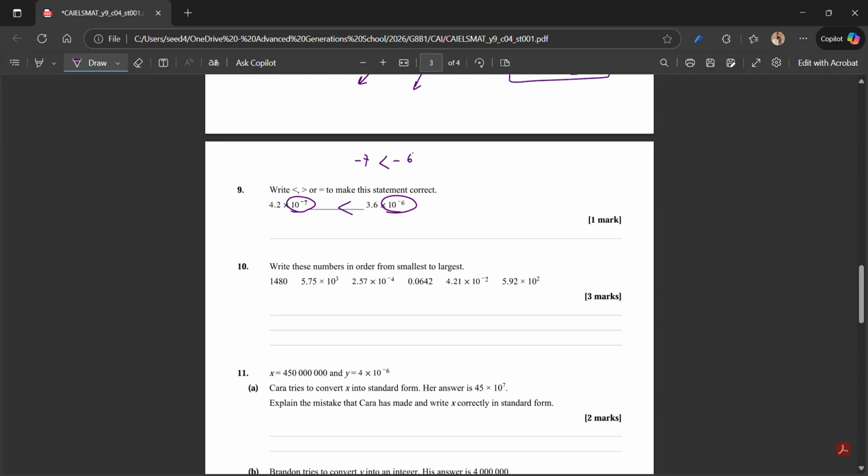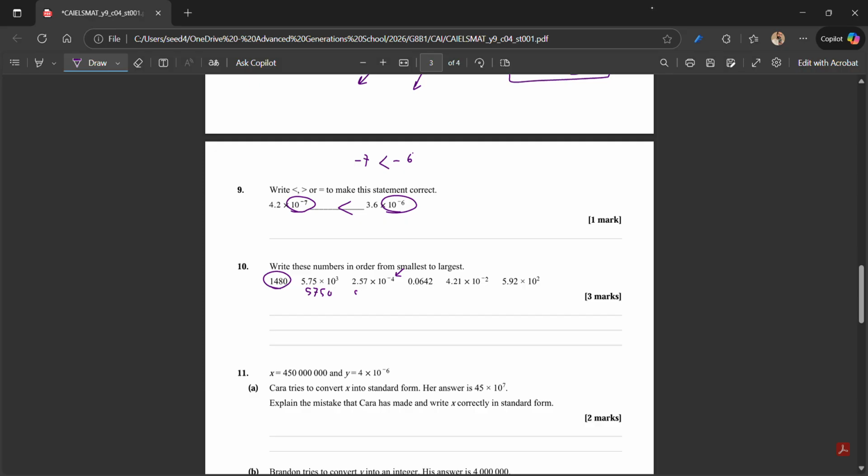Okay guys, here he said write these numbers in order from smallest to largest. This one, guys, it's a whole number. This one is in standard form, so let's change it. It will be 5750 this way. Here, guys, the power is negative, so we're going to move the decimal